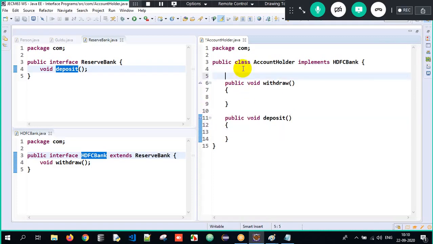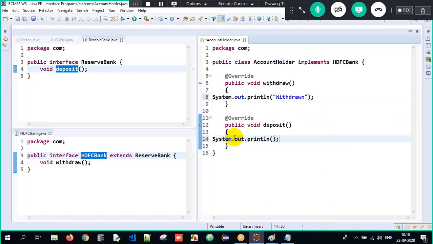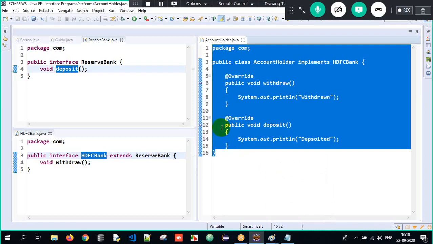Optionally, I can make use of the annotation Override. If I'm overriding, I can use the annotation Override. Now here I'll just print withdrawn, and here I'll just print deposited, just for my understanding of the functionalities.